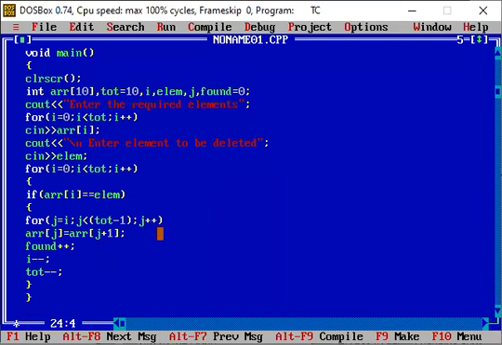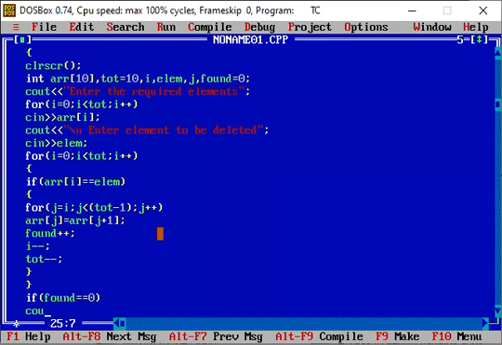Now here again we will use this particular flag. So if the flag with the name found equals 0, what message will we give? cout "Element not found".